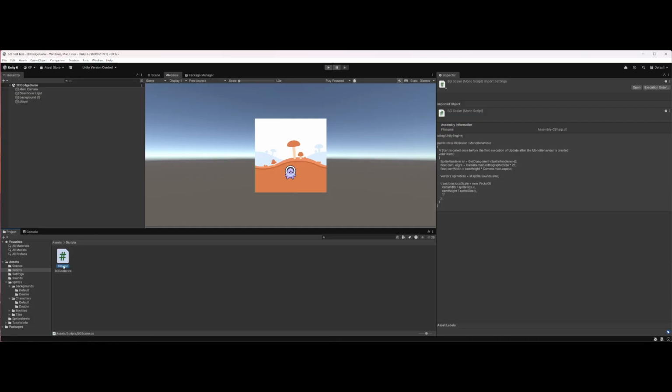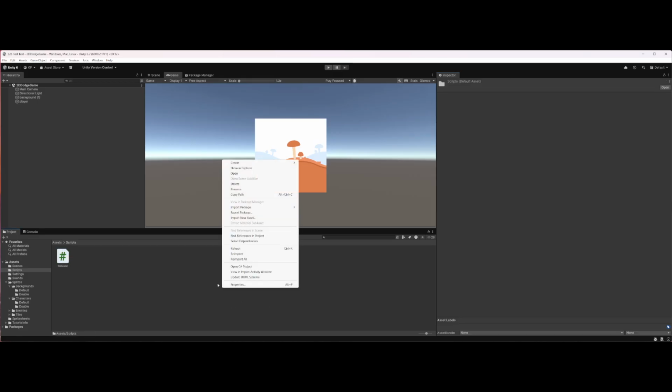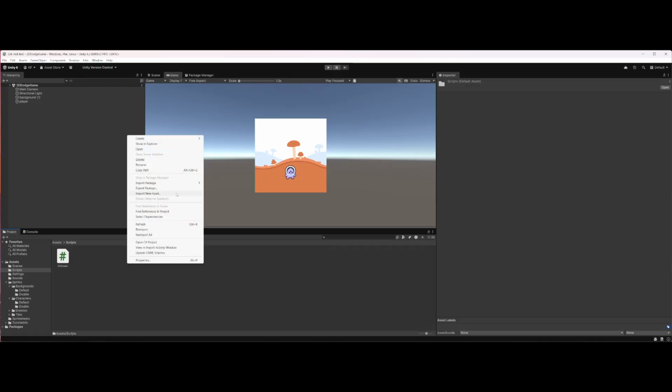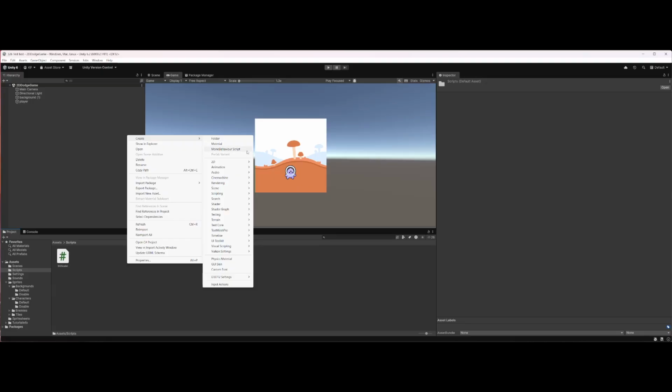So I call this file BGScaler, and it says public class BGScaler. So when we make it in Unity, it just matches those two. And it's also convenient, in any project, to have the file name and the class be the same. You cannot start a class with a number, so I cannot call it 2D player controller. Instead, I'm going to call it